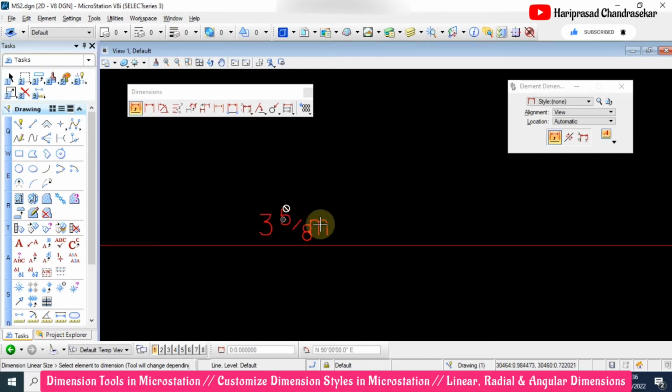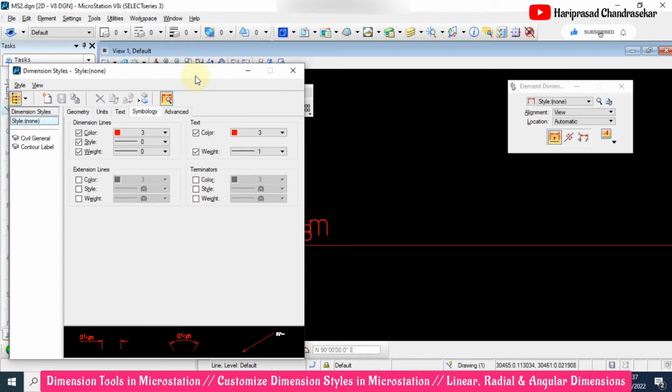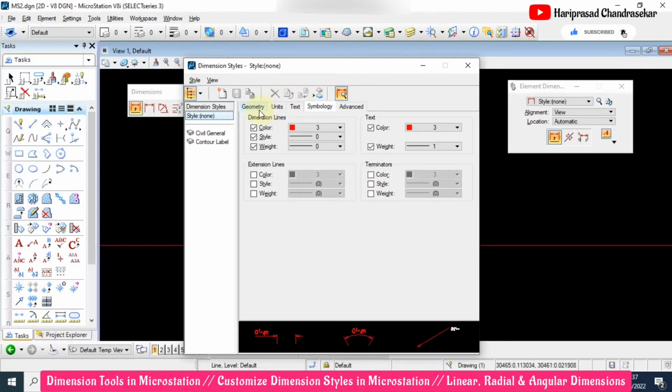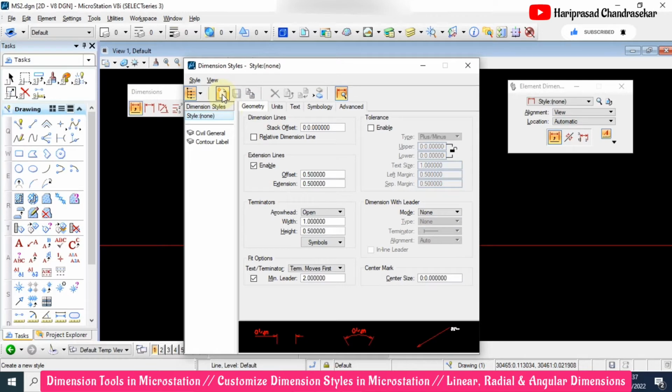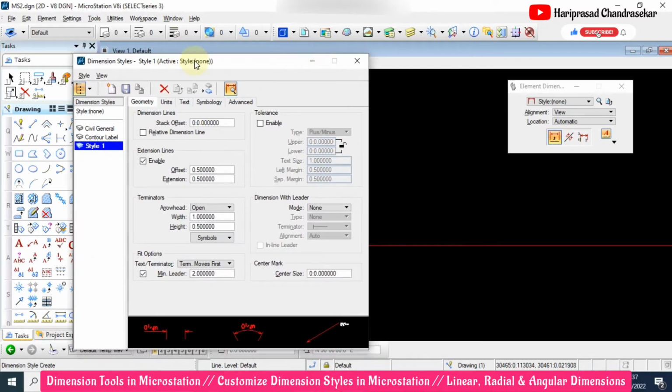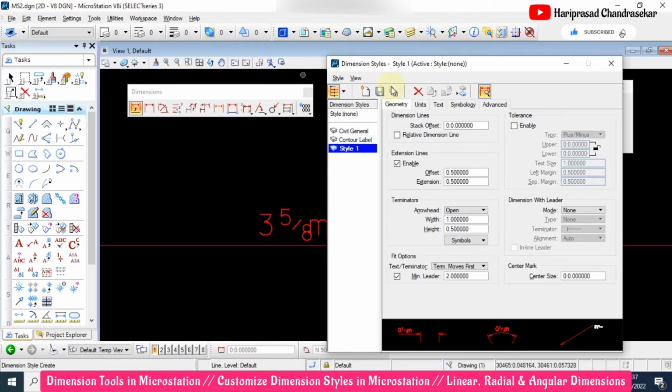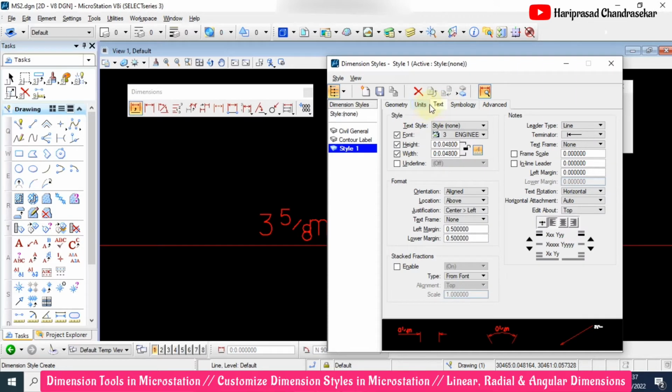Okay, here if you are not satisfied with the output, we can just click the search tool here, and here we are able to make changes. So what we can do is go for creation of a new style. I will put style 1. So here we can modify all these: tools, geometry, units, text and everything. So now I will go only for the text. See, text height is very small, right? So I will just give some